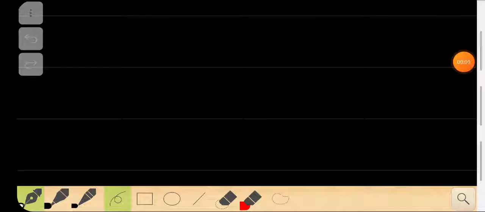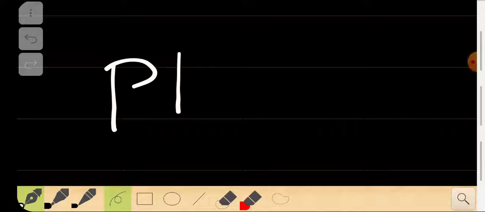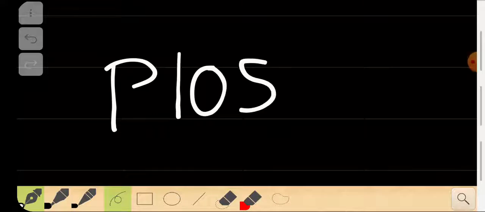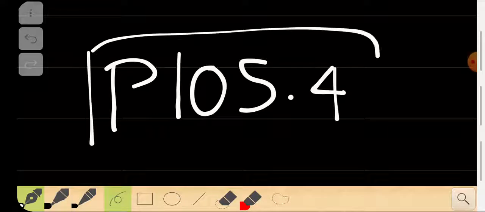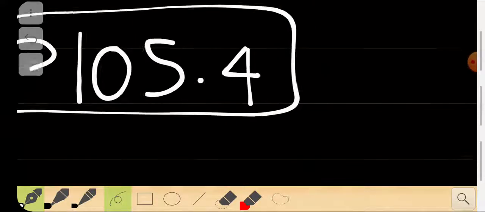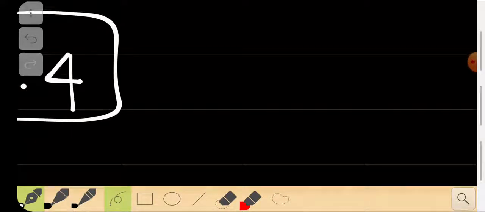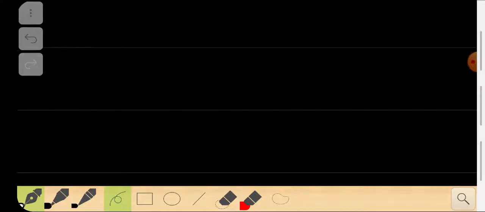Everyone, this is a part of a lecture where we are going to do a problem. This lecture is called P105.4. This is an example problem lecture. So I'm going to do a simple problem to convince you that you have totally understood the area under the curve and the principles of integration and all that.